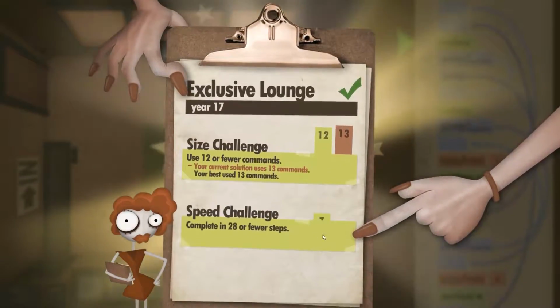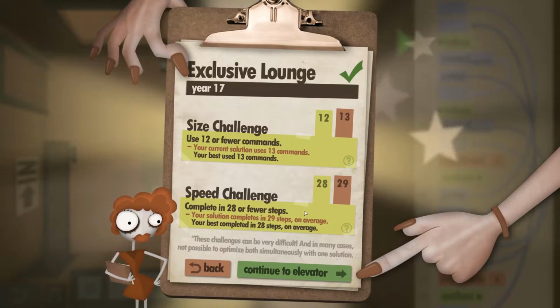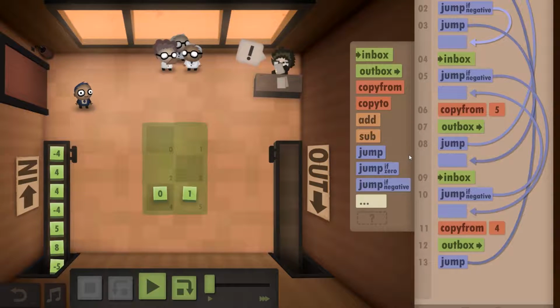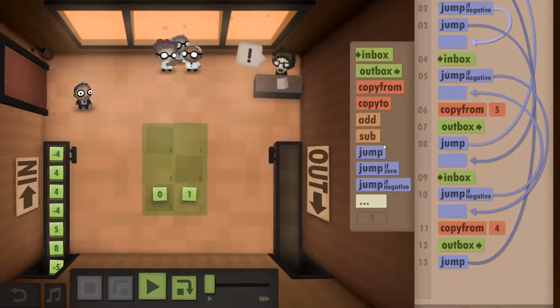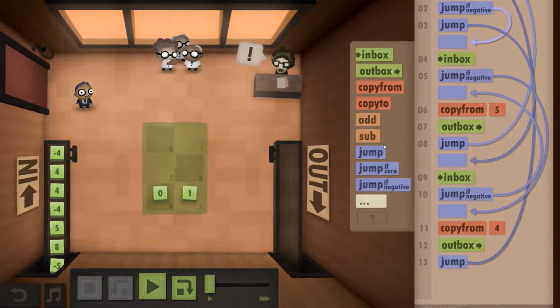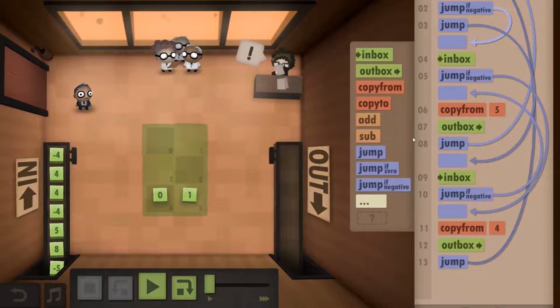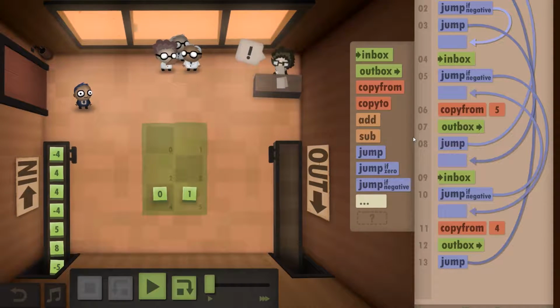One command too long. And this is going to be off also. Huh. This makes me wonder if it's actually possible to do both. Okay, so we need to cut out one thing. What one command can we cut out here? Oh, god damn it. No, that's a speed one. I was like, oh gosh, we're gonna have to prepend the loop. No, if we can get an outbox...